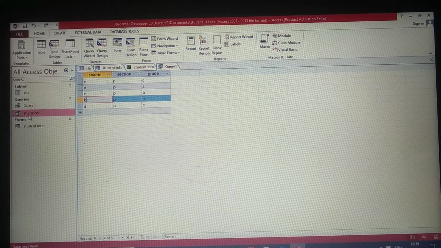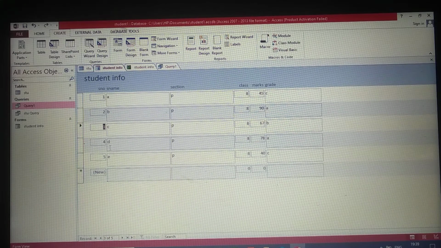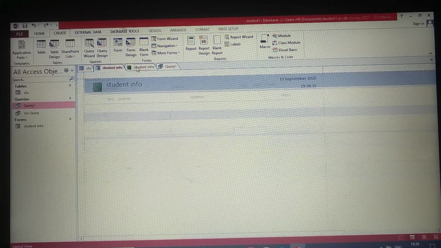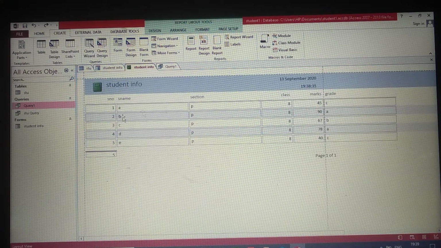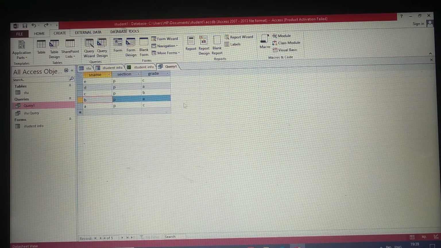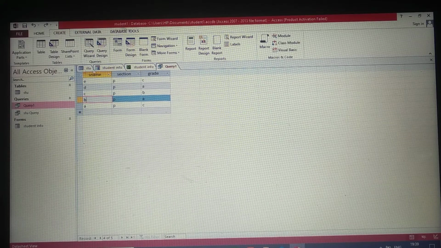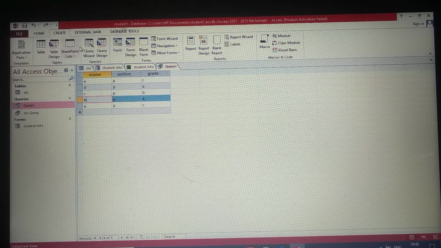Okay, this is the student query, and query 1 I executed here, and this is the student information form. See, this is report, student information report, and like this you can display different columns with regard to one column name in descending or ascending order. With the condition, we can display the query. Okay, students, try another tables and create these queries and forms here and reports.